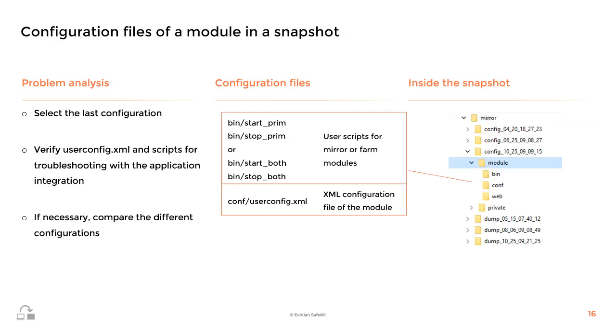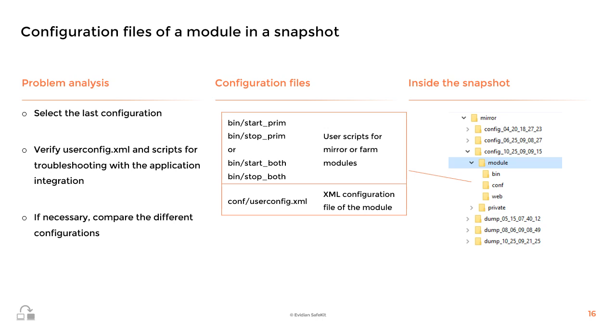Let's examine the module configuration in a snapshot. As illustrated in the right figure, begin by opening the directory containing the latest configuration. Within this directory, you'll find the conf subdirectory, which houses the userconfig.xml file of the module. Additionally, you'll find the bin subdirectory, which contains the start prim and stop prim scripts for a mirror module, or